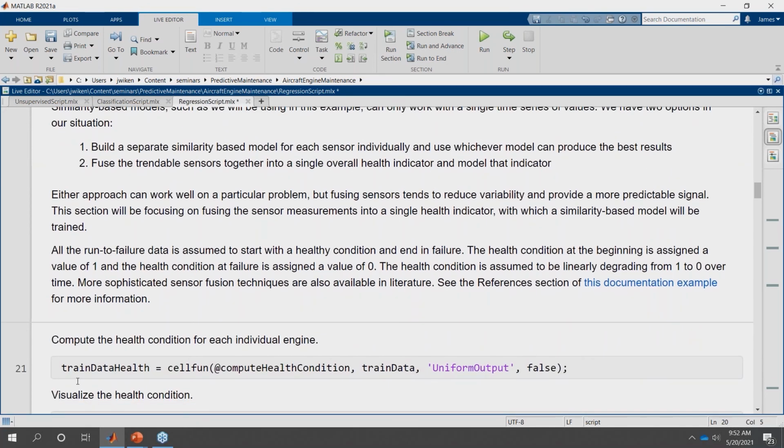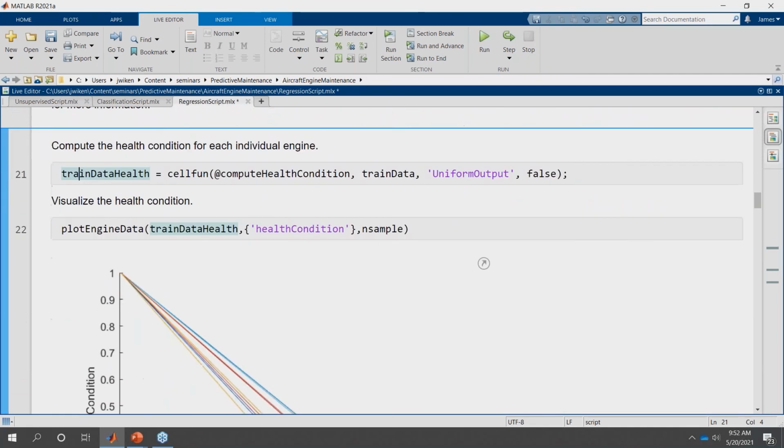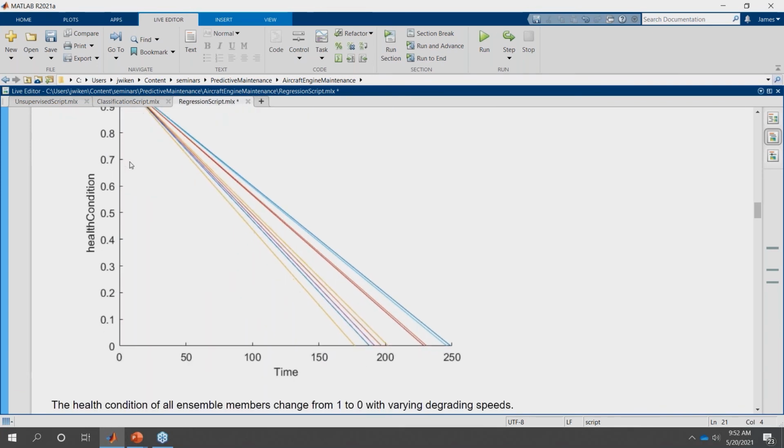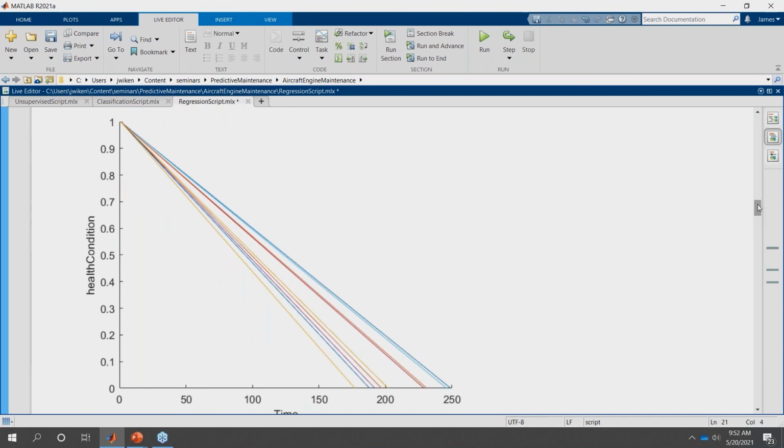In this particular case, we're just going to assume that it degrades linearly, but you can choose a different degradation if it made more sense, right? If it degraded exponentially or quadratically or so on. So here's our ideal health indicator. This isn't based on any of our sensors or anything like that. Really, the only thing it's based on is we know that it starts at 1 and it fails at 0.